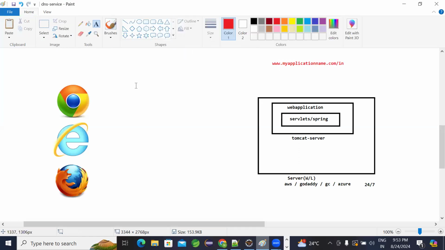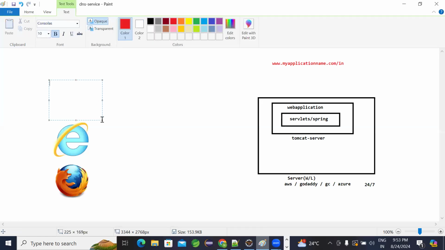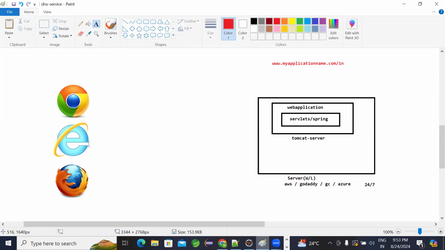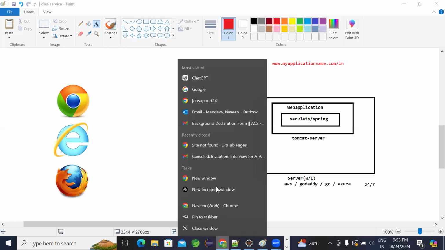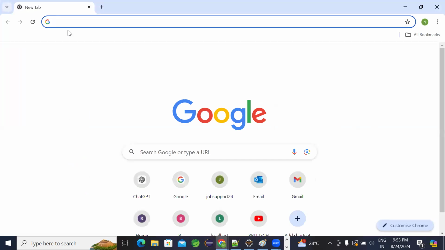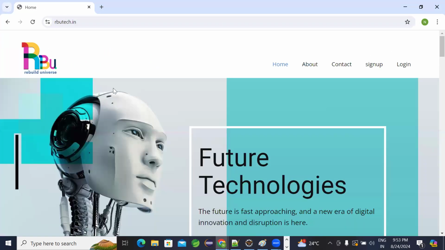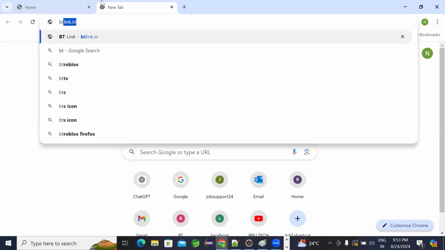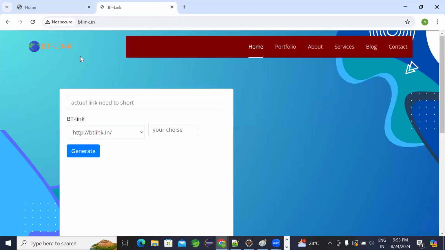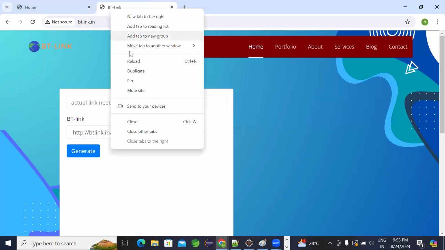Where should I place this domain name? We will open a browser, any browser like Chrome or Internet Explorer or Firefox or Edge. There are thousands of browsers. In that browser, here is the URL section. There we will type my website URL, rbotech.in. I entered it, so my website is getting loaded. One more application, btlink.in. My BT-Link application is loaded. Like this, whichever application you search,